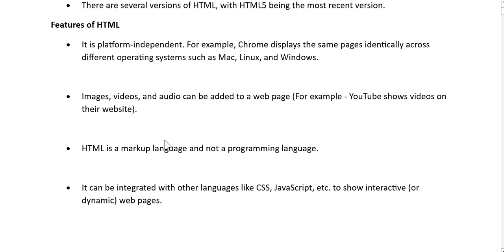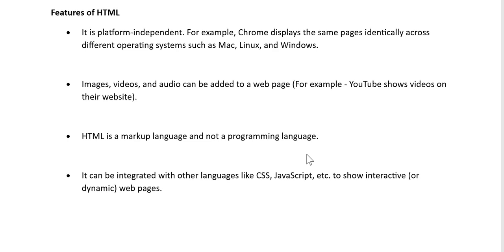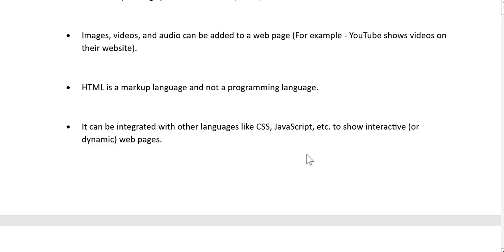HTML is a markup language and it is not a programming language. There is a lot of difference between a markup language and a programming language. Usually C, Python, Java are the programming languages. HTML is a markup language, and HTML just gives the code which is also integrated with CSS and JavaScript. We will also discuss CSS and JavaScript in detail. What are they useful for in a website?